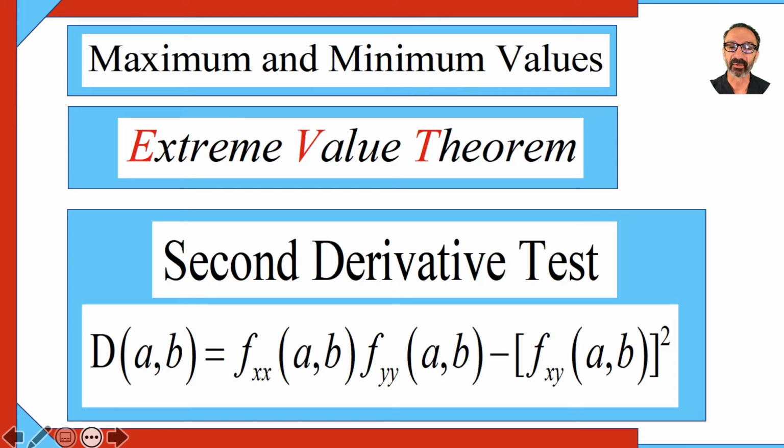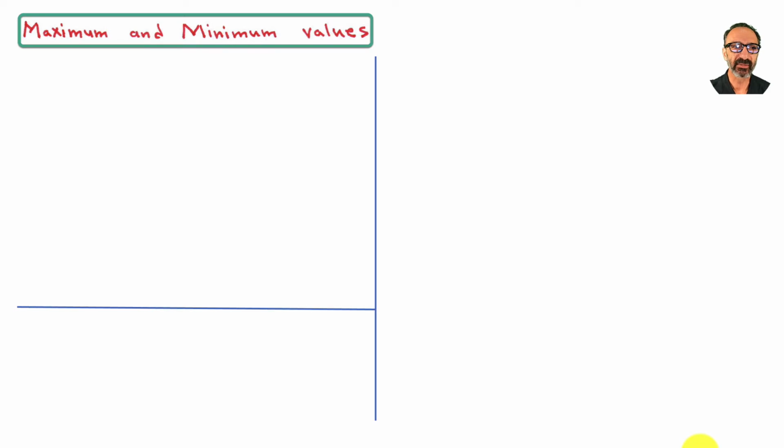Today I'm going to talk about the maximum and minimum values, the extreme value theorem. Of course, we're going to talk about the second derivative test, as you could see right here, in detail with some examples. Let's get into it. The maximum and minimum values,